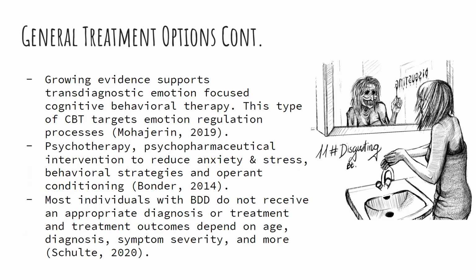Moving on, there's also growing evidence that supports transdiagnostic, emotion-focused cognitive behavioral therapy. This type of CBT focuses on emotion regulation and the processes. So getting individuals' emotions in check and regulating them in a positive way. There's also psychotherapy, psychopharmaceutical intervention to reduce anxiety and stress, and also behavioral strategy and operant conditioning have been shown to help treat